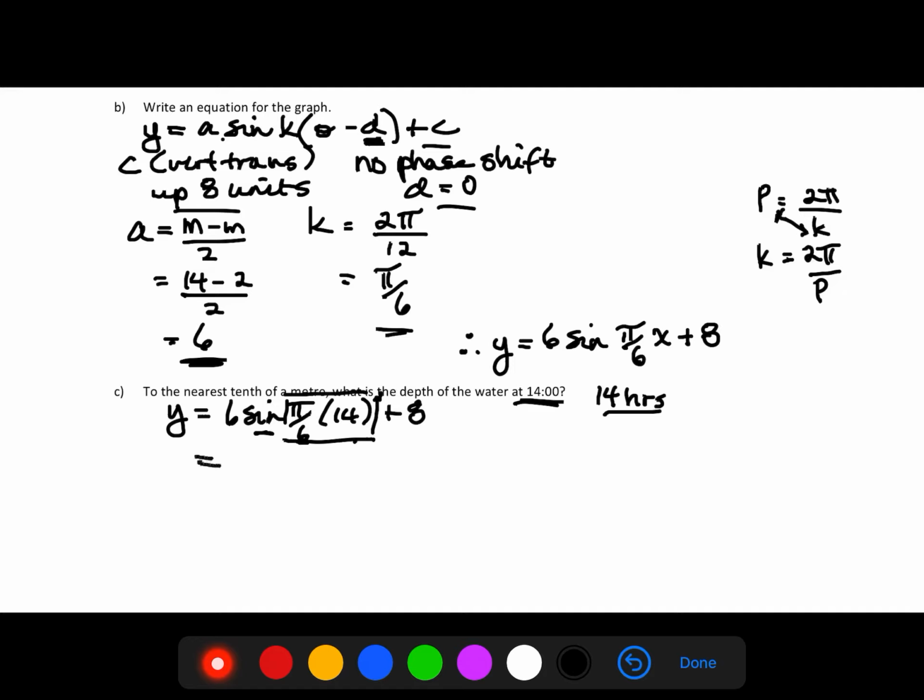Then we're looking for the sine value for that. And again, make sure that your calculator is in radians because we're using radian measure here. So in radians, pi divided by 6 times 14 sine. Then we can multiply by 6, then add 8. So we're still using BEDMAS to do this. Just remember that this has to be an answer for our angle first, then our sine, multiply by 6 plus 8, and we should get 13.2 meters, telling us that the water